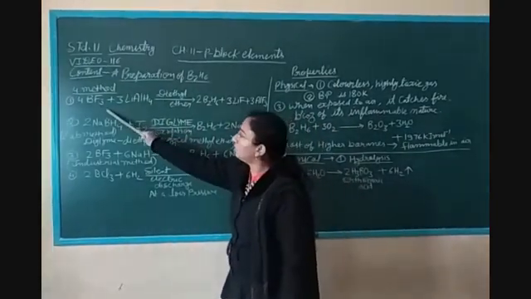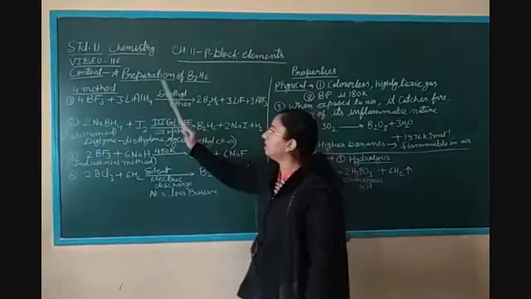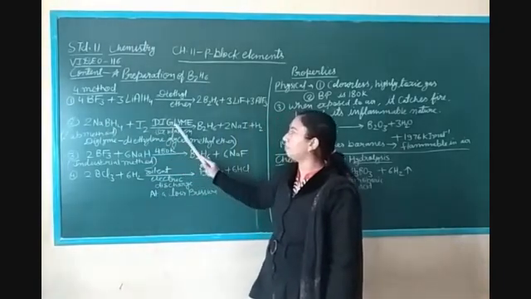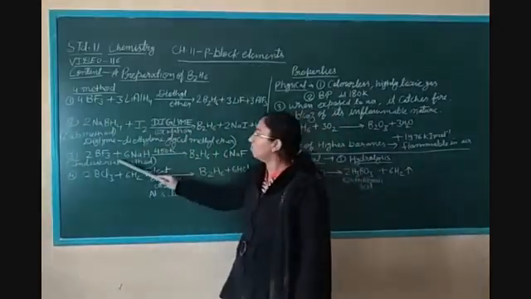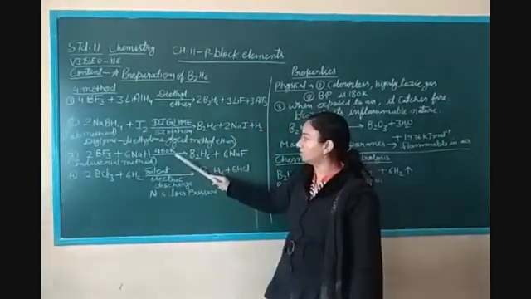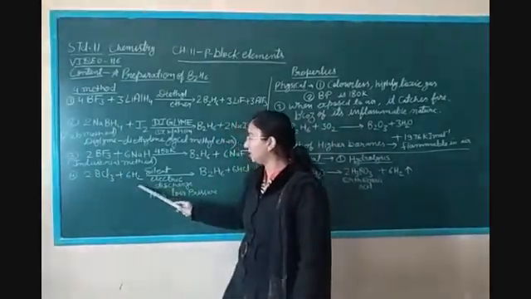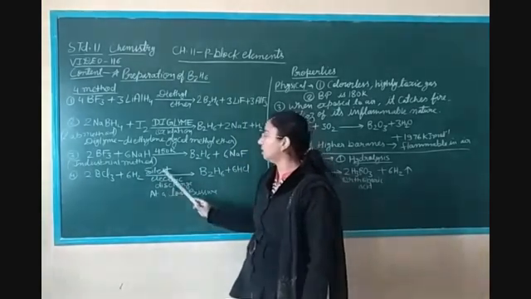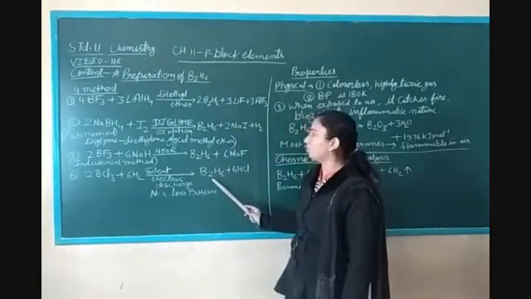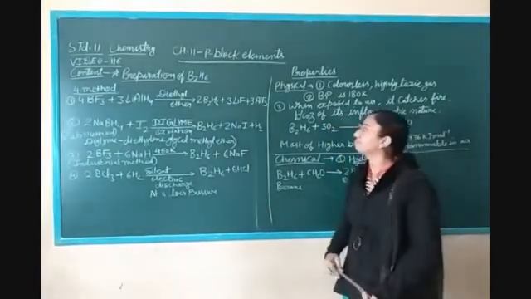First method, boron trifluoride reacts with lithium aluminum hydride in the presence of diethyl ether. In the second method, sodium borohydride reacts with iodine in the presence of diglyme. Third, boron trifluoride reacts with sodium hydride at 450 Kelvin to convert into diborane. And fourth, boron trichloride and hydrogen, with silent electric discharge applied at low pressure between BCl3 and H2, so diborane is formed. These are the common methods used to prepare diborane.